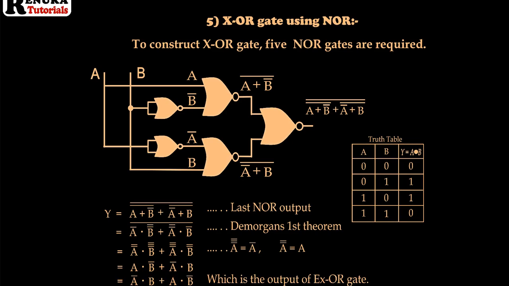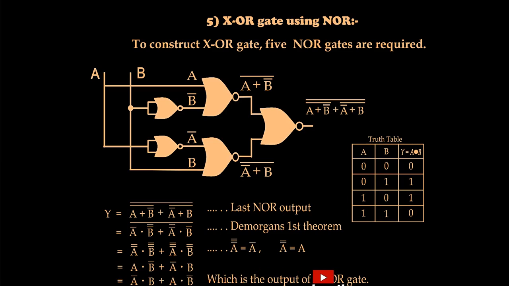Now these sums have to be replaced by products, and that can be done using De Morgan's first theorem. So for the first two variables, that is a and b, we will use De Morgan's first theorem. (a plus b) whole complement equals a complement dot b complement. So by implementing it, we will have the output as (a complement dot b double complement plus, for the second term, a double complement dot b complement) whole complement.